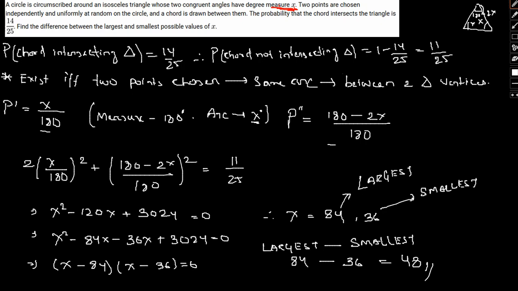I hope this is clear to you, how we came about the process. We used simple probability and simple properties of an isosceles triangle, where the congruent angles are equal, and we simplified a quadratic equation. Kindly go through the problem as many times as you want in case you are having difficulty, and try to solve the question on your own with this video as a reference.